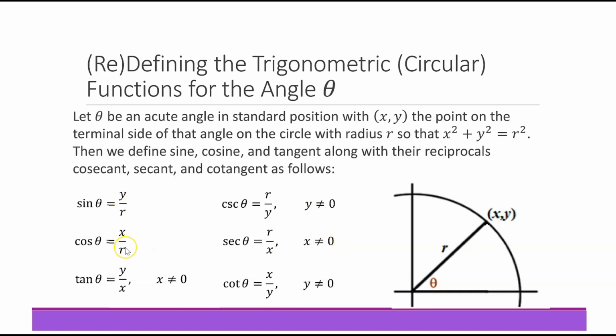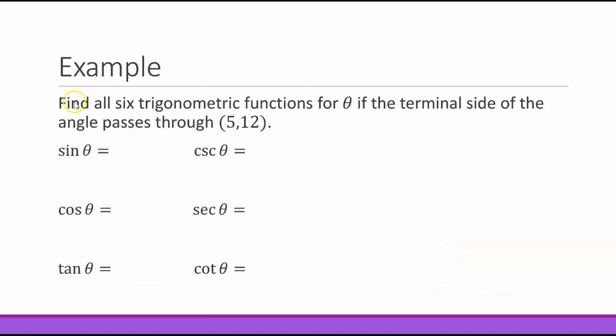Notice in the first two, we don't have the stipulation that r cannot be 0, because it's not possible that r be 0. r is the radius of a circle, so we wouldn't have a circle if the radius was 0. In this example, we want to find all 6 trigonometric functions for theta if the terminal side of the